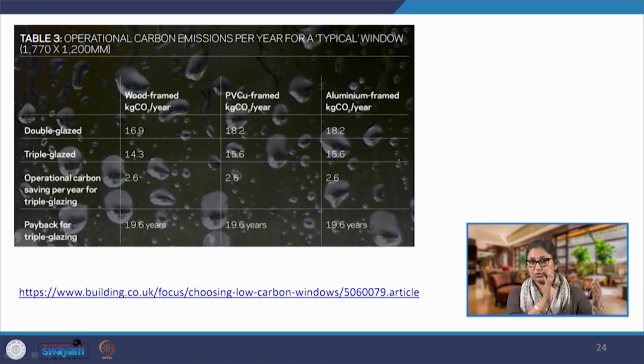So, we do not have to stop at scope 3 emissions upstream, we also have to calculate the scope 2 emissions to overall assess the selection of the material, the performance of the material, and how we need to select it